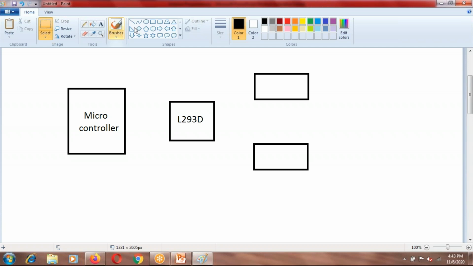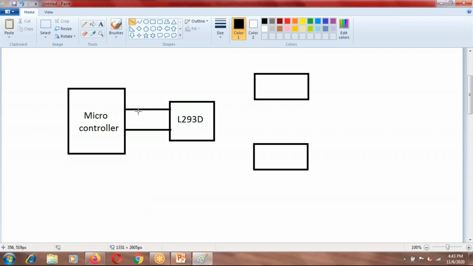So what happens is, you give instructions, you have to make connections between the microcontroller and this motor driver IC, through which you tell the motor driver IC which motor is to be stopped, which motor is to be turned on, or in which direction it has to move.